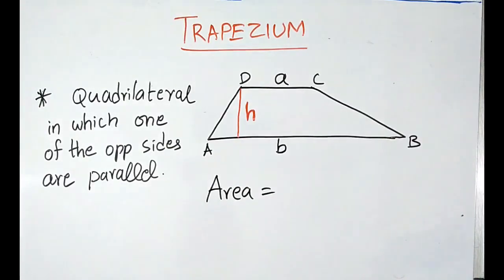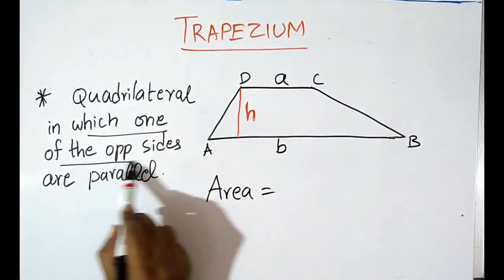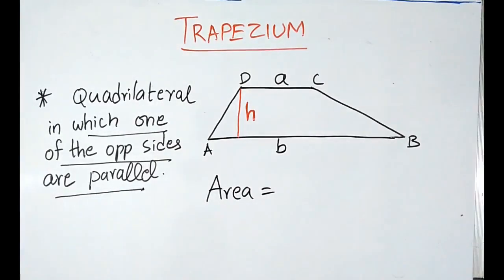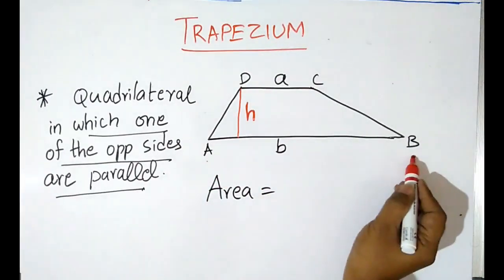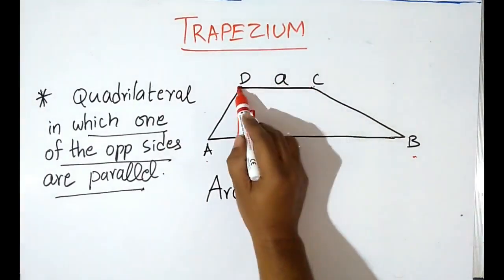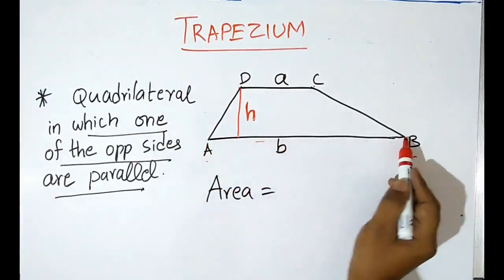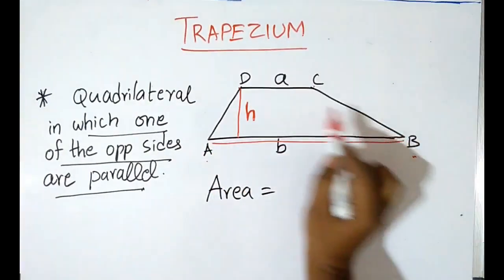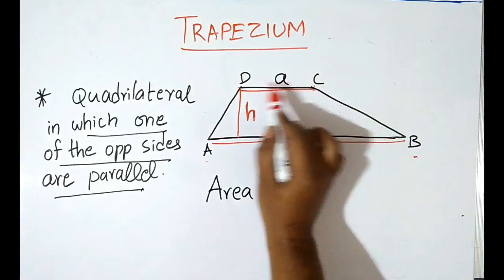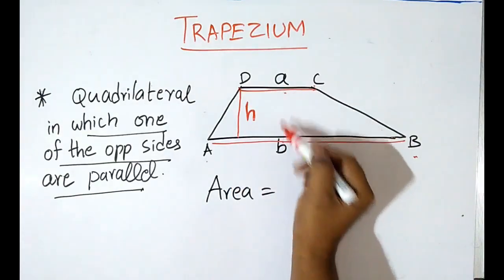Trapezium. In trapezium, one pair of opposite sides are parallel. Trapezium is also a quadrilateral in which one pair of opposite sides are parallel. Here friends, AB and CD are parallel,